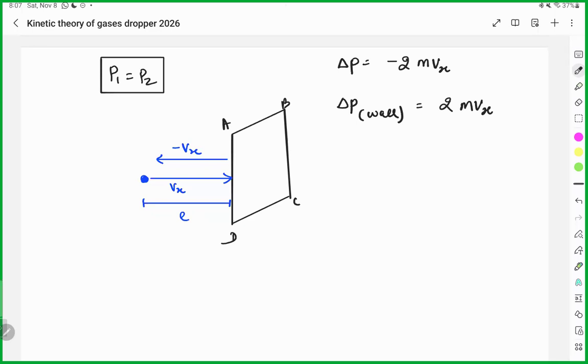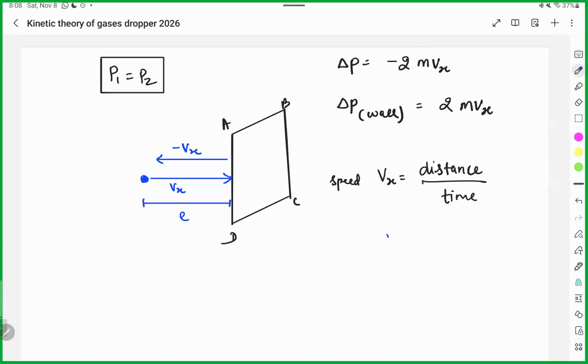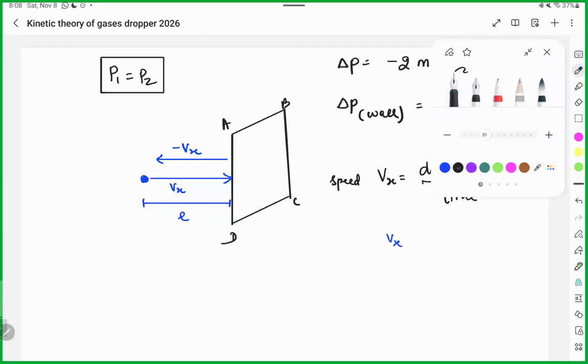Right? No, sir. If this is the situation and you have to calculate कि what is the velocity, this vx, can we say velocity or speed is equal to distance by time? Speed is equal, vx speed is equal to distance by time. करेक्ट। तो जब ये ट्रैवल कर रहे थे तो इसमें कितना डिस्टेंस कवर किया, L जाते हुए L आते हुए, 2L डिस्टेंस।